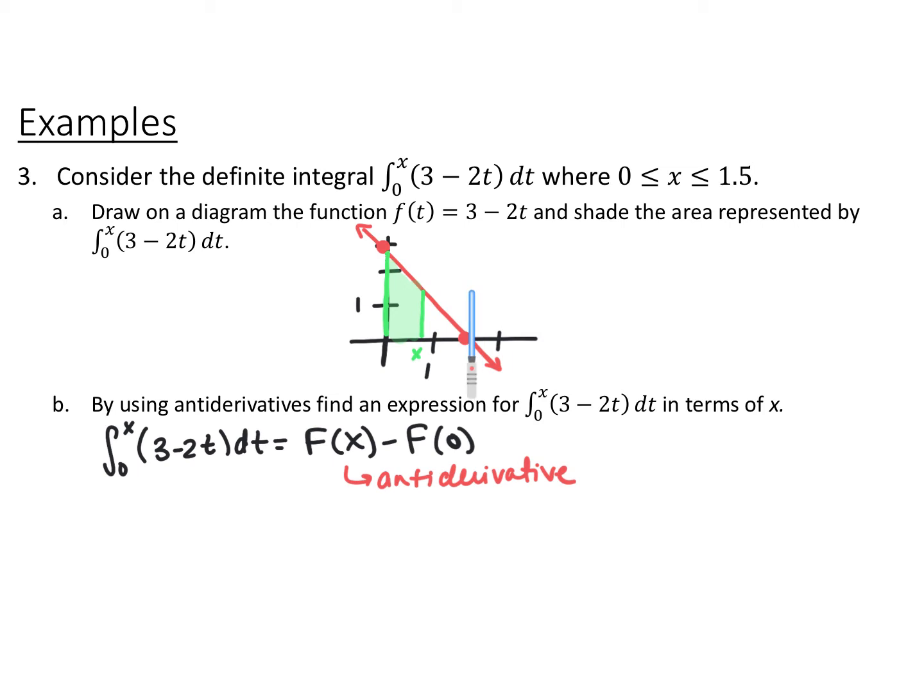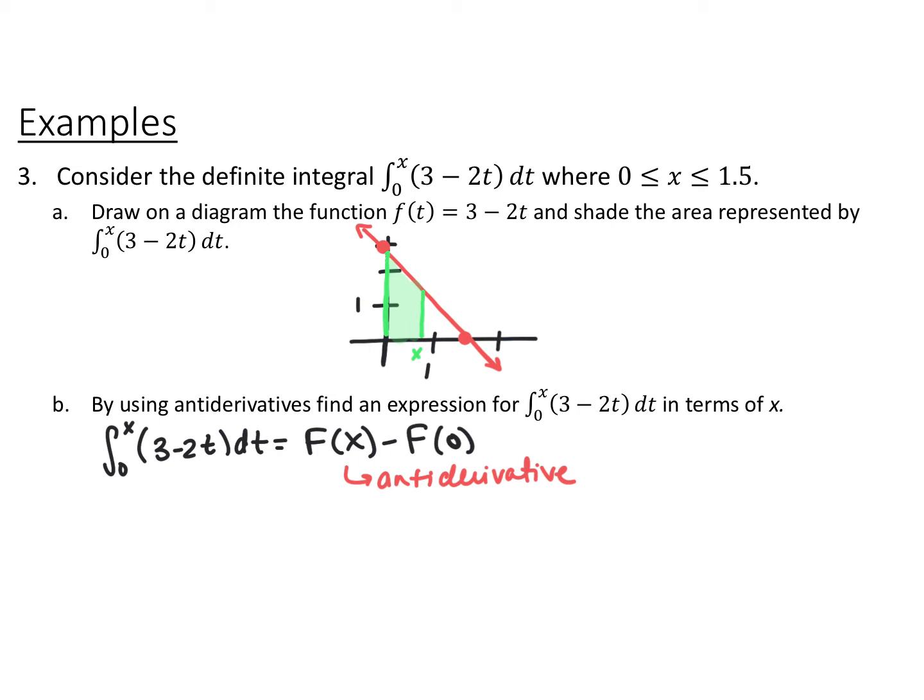So for part A, I just drew the graph of the linear function 3 minus 2t, and then I shaded the region between 0 and some unknown value x, that's before 1.5. Part B, we want to find an area function that represents this area. So we have the integral from 0 to x of 3 minus 2t dt,